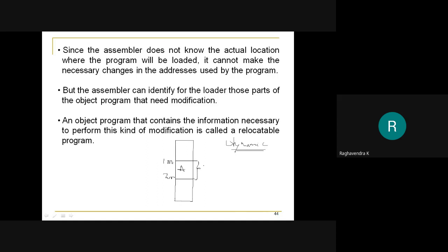If it doesn't get it, it will not execute. Suppose memory from 1000 to 1500 is available, and after that some program has occupied the memory from 1500 to 2000. In that case, even if memory is available here, we will not be able to execute that program, because this program has a fixed address.